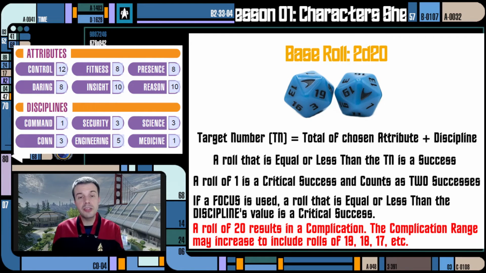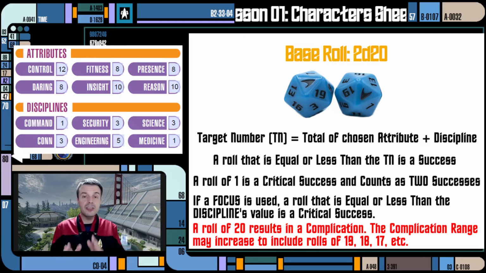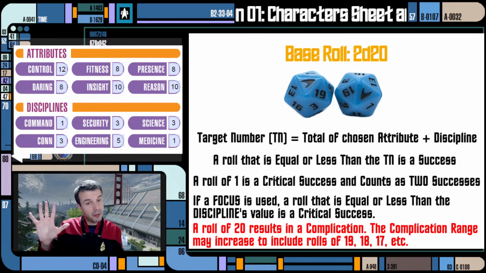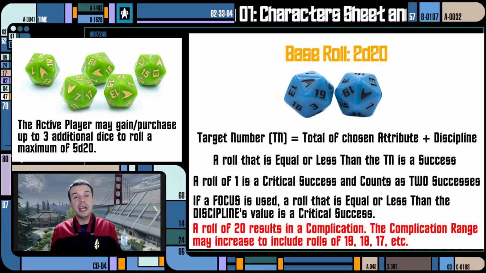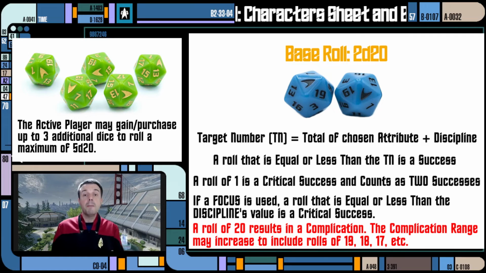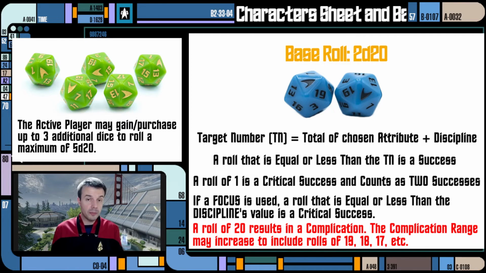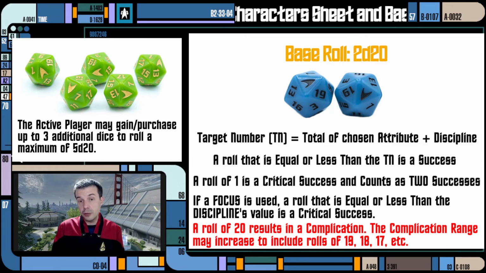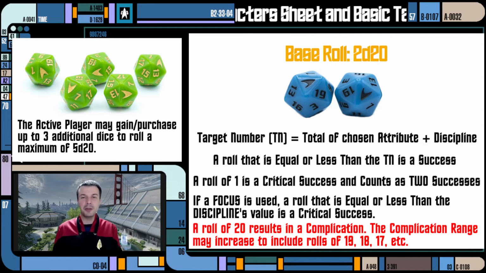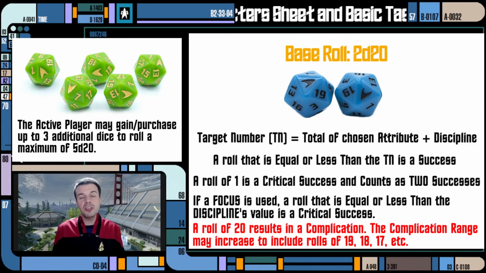Even though it's a 2d20 system, that just means the active character is typically rolling 2 20-sided dice for the action, but actually, the pool that the active player can roll can go up to 5 dice. And there's a number of ways you could do this. Some talents, as we looked at on the character sheet, might give you an additional die for your action. Your value use with determination might buy you an additional die that counts as a success, but we'll get into that in another episode, because that could be a little bit tricky. But when we get into values, I'll explain that. But the most typical way is